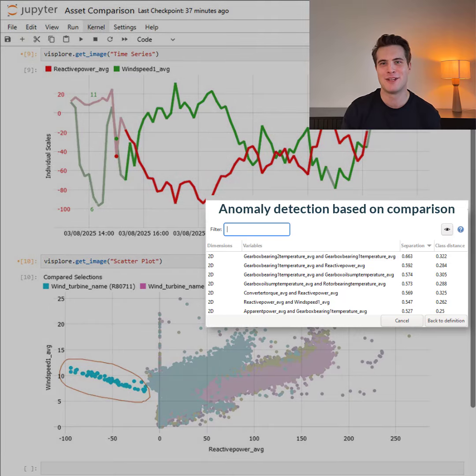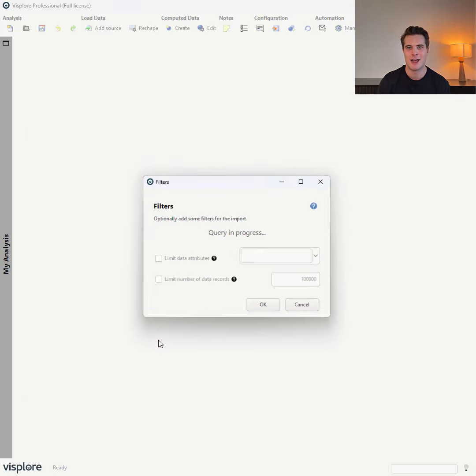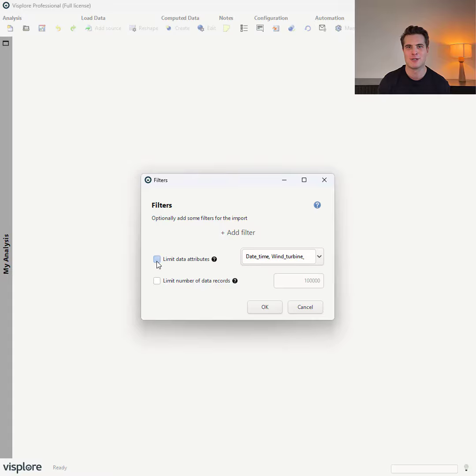How to find in which individual assets we might have problems in just 2 minutes. Let's go. So we start the analysis by loading a Parquet file. By checking here limit data attributes, we can now dynamically filter huge Parquet files by the columns that we want